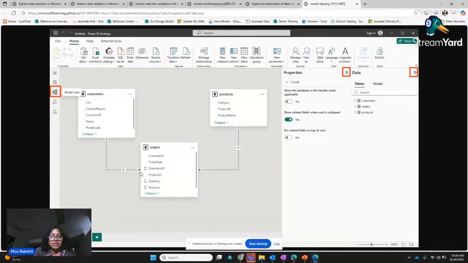Item ID is again basically product, right? And then your customer ID is related to the customer. The primary key in the customer is connected as a foreign key in the order. The primary key in the product is connected as a foreign key in the order table, etc. And then item also will be there. So this data model you can build in the Power BI Desktop. We call it a semantic model. You are establishing the relationship between different data sets.